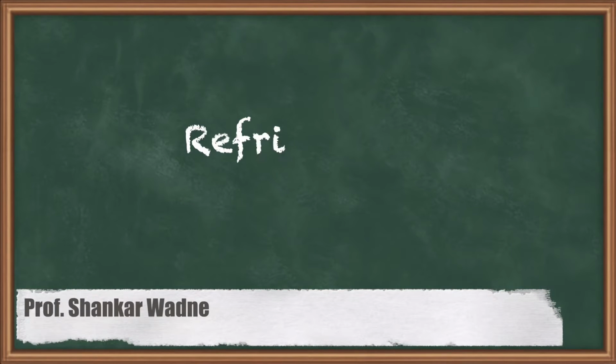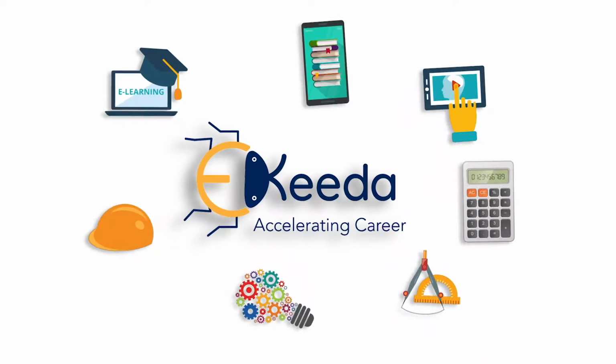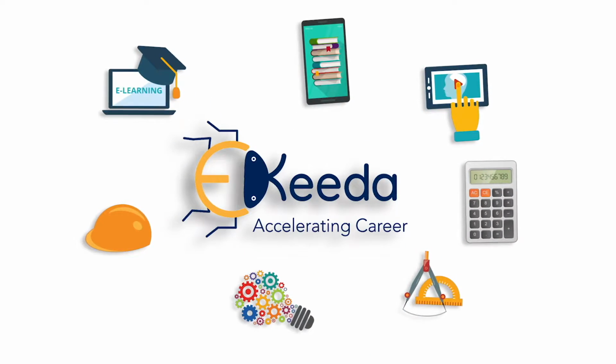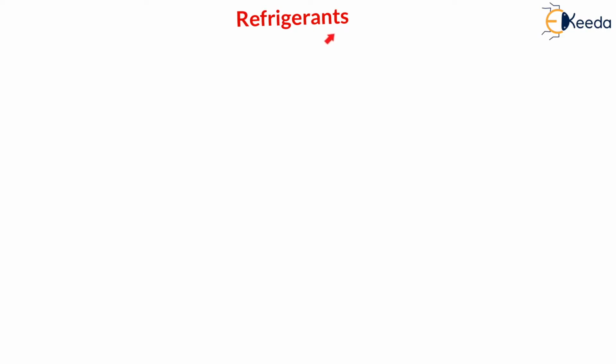Hello my dear students, in this lecture we are going to learn various types of refrigerants. Basically in this lecture we will learn four types of refrigerants. Now the very first type of refrigerant is saturated hydrocarbons. Let us say the very first is saturated hydrocarbons,